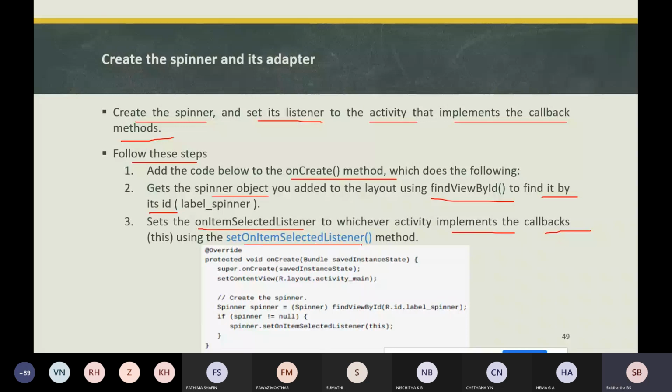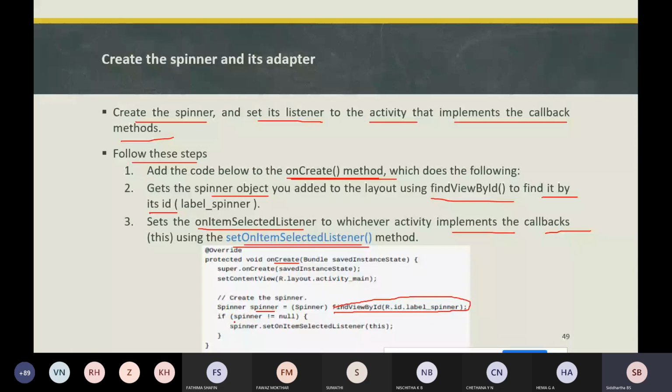So in the spinner, if you touch the spinner, the drop down list will be available, and the user will select any one value from the drop down list. For that, we need to set that particular item, using the method setOnItemSelectedListener. As I said in the first step, we need to write the code within the onCreate method. First, we identified the spinner element by creating an object identified with findViewById, that is the ID.